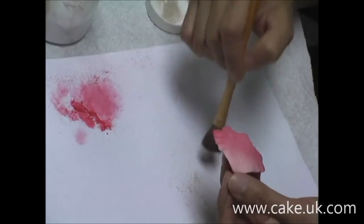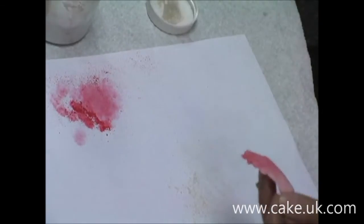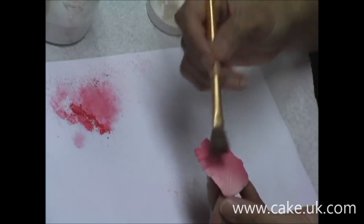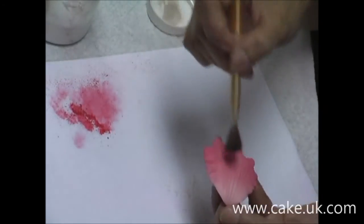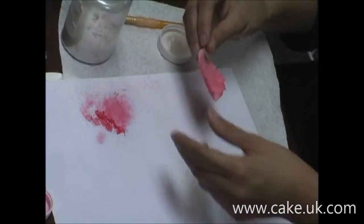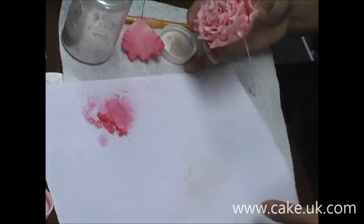And you have to be careful when you're doing this, especially if your petal is not dried all the way through, because at that stage the petal is very vulnerable and it has a tendency to break. So I would be very, very gentle when I'm doing this step. So I'm just going to continue dusting all of my petals. And for this one,